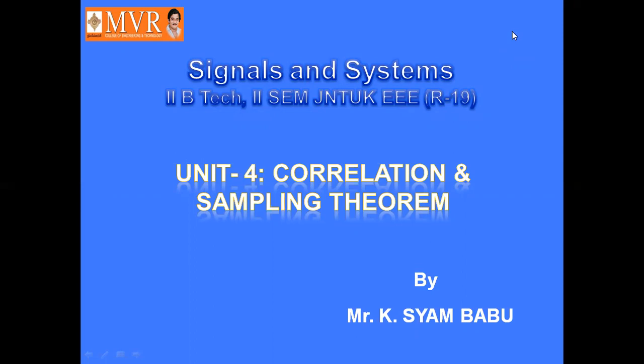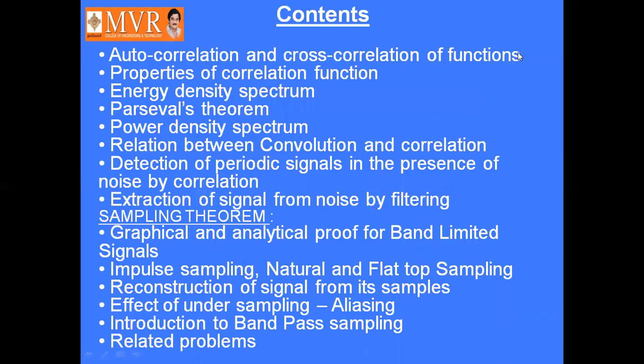Students, in the earlier classes we already discussed the 5th unit. We rewind the 5th unit also. Now we will start rewinding the 4th unit, that is correlation and sampling theorem. Here the topics involved are autocorrelation, cross correlation functions,